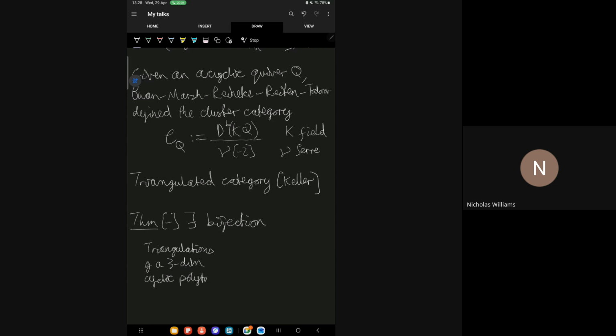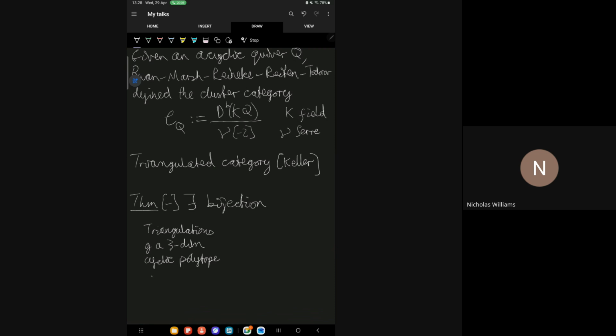So yeah, just some three-dimensional shape. The exact definition of this won't be important for us in this talk. But yeah, some 3D shape with n plus 3 vertices,